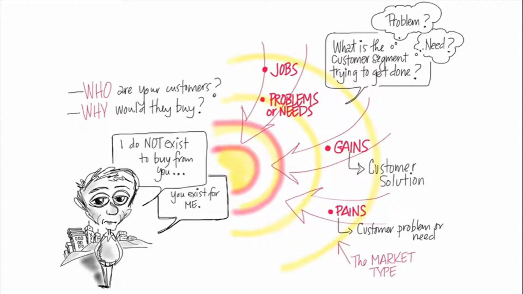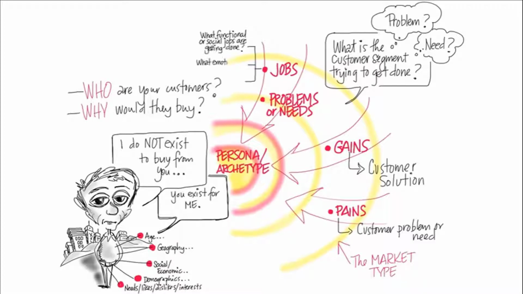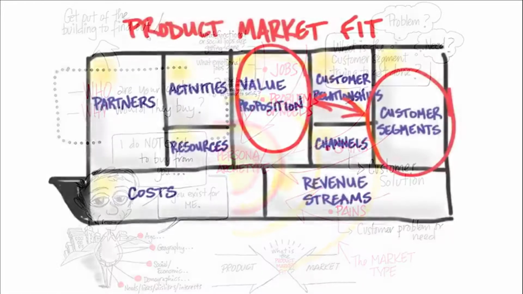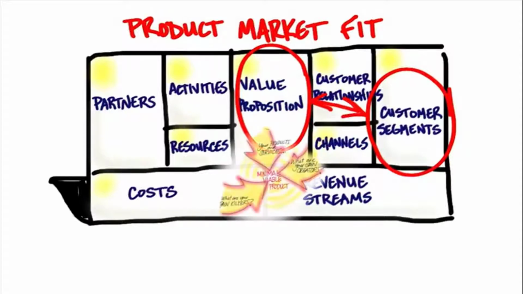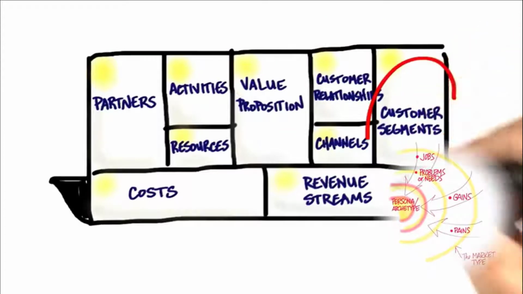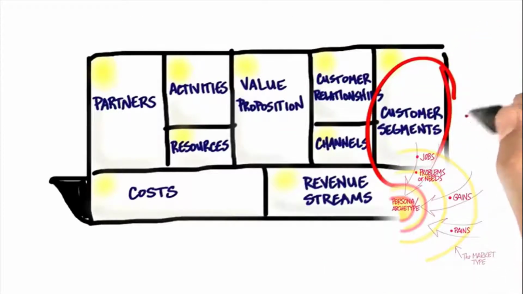And at the end, what we're going to come up with is a deep understanding of the persona and archetype. Who are they? Why would they buy? Why won't they buy? What do you need to say to them? And if you spend your energy out of the building doing customer development and customer discovery here, it will make your company incredibly efficient in actually figuring out how to market and sell to them. So remember, the goal is now to connect the value proposition with what you're going to know and learn outside the building about customers.